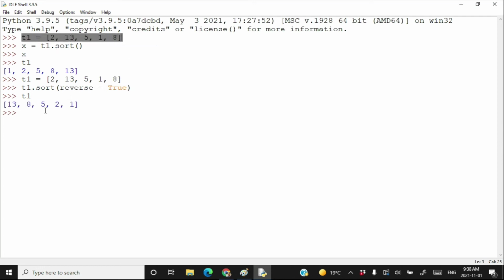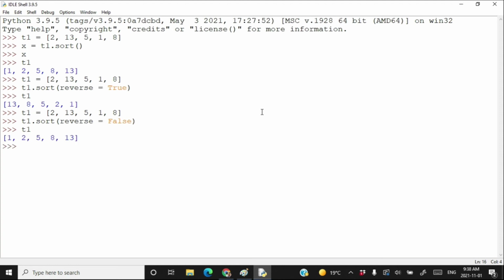Let's take a copy, paste it here, and call T1.sort. Right here, reverse is equal to false. So my sorting is going to be in increasing order because I have written reverse is equal to false.